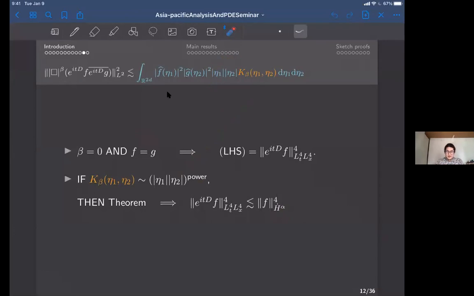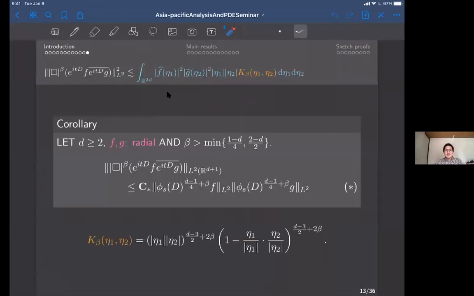And in general, this is kind of too strong, but they found that if you give up on the initial data, so just considering the radial data, then for beta in a very wide range, because these numbers are negative in most of the cases, you have this Strichartz estimate.